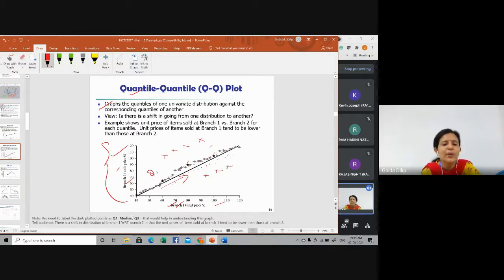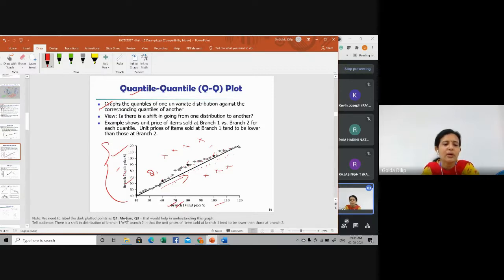Q1 means 25%. 25% of the items sold at branch 1 are priced at or below somewhere near $60, while 25% of the items sold at branch 2 are priced at or below about $63 or $64.